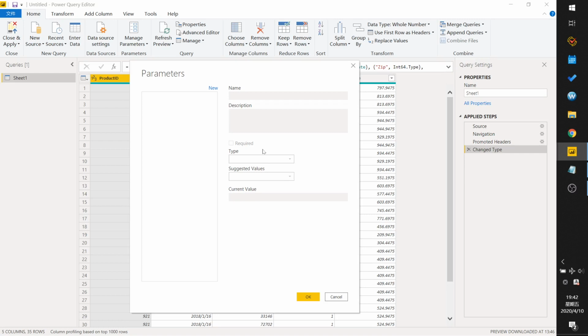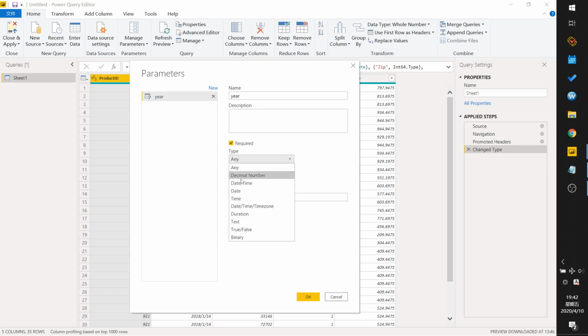You don't need to create 3 Power BI files, just 1. You can use a parameter to switch between these files. So I click New Parameter, named Year,